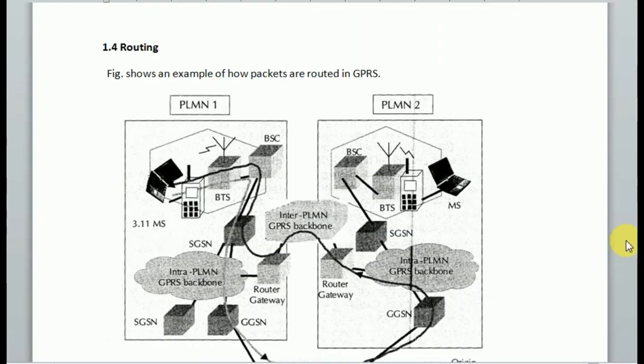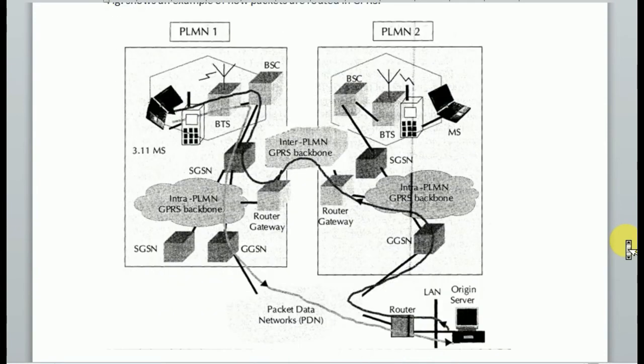The figure shows an example of how packets are routed in GPRS. We can see two different PLMNs, PLMN1 and PLMN2. A mobile station, MS, resides in PLMN1 and a host machine, or origin server machine, is located in PLMN2. The server machine is connected to a router in its LAN.